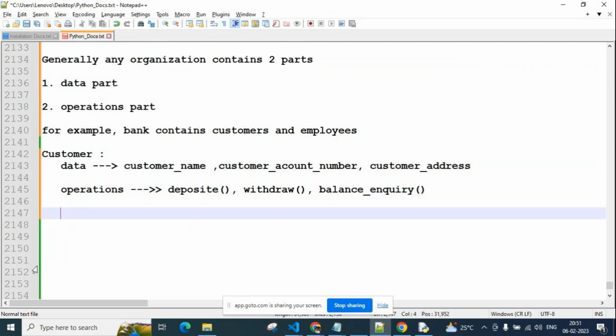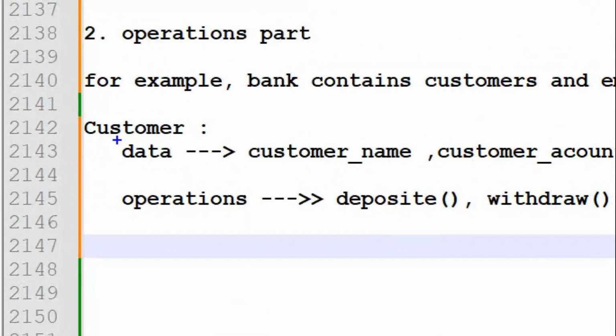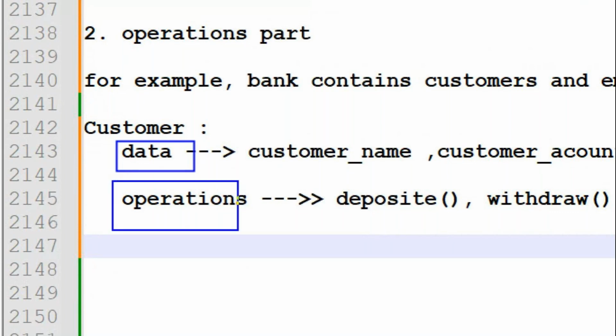So any organization you can take, school or bank or institution or particular person or anything in the real world, everyone contains these two parts, data part and operations part. What is the data of that particular item, and using that item, what operations, what actions can we perform. Operations are nothing but actions, what we can do.